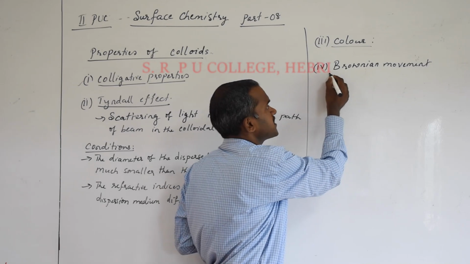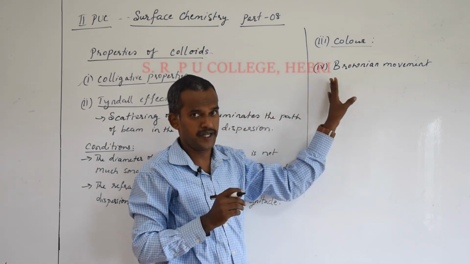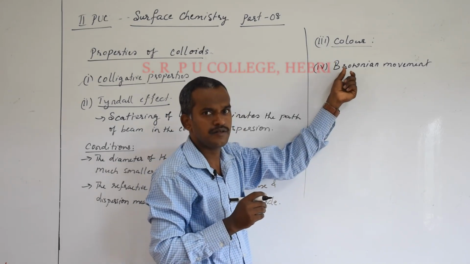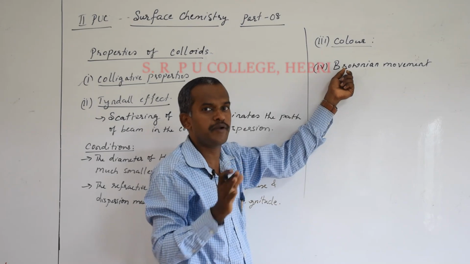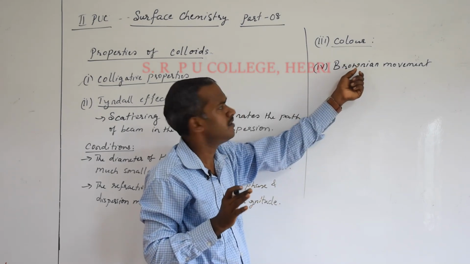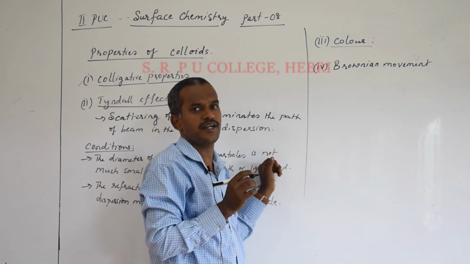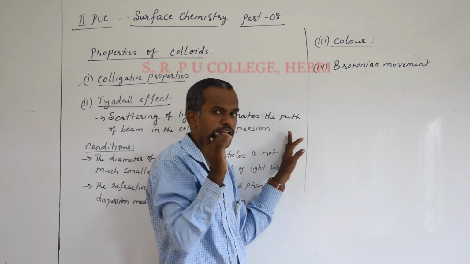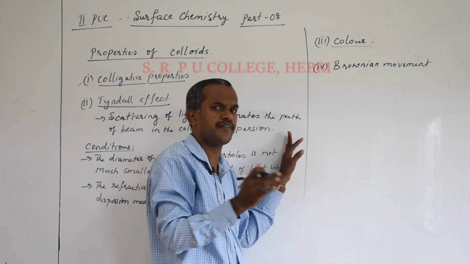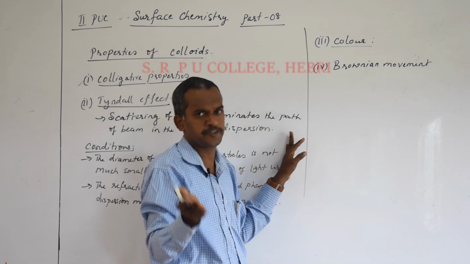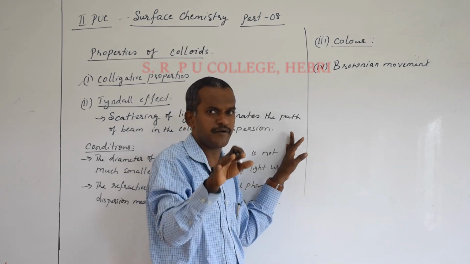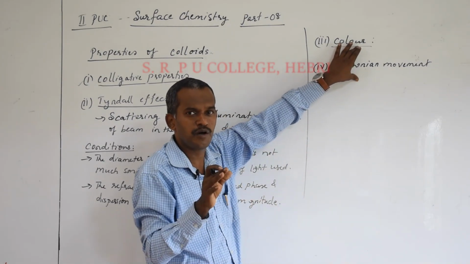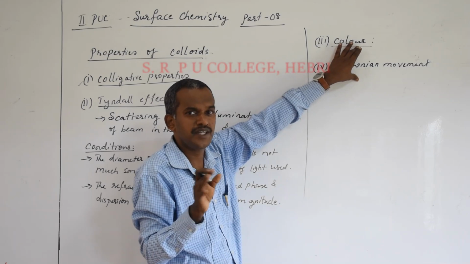Now moving on to the next property, usually we say it is a mechanical property, Brownian movement. This phenomenon was observed by Robert Brown; his name is kept for that phenomenon. Now the particles present in a colloidal system, I told you, will have an intermediate size. When you take a true solution, the particles are very small and they are moving very fast. In case of suspension or precipitate, particles will settle down, after that there is no movement. But in case of a colloidal system, we can observe a continuous motion in a zigzag pattern.